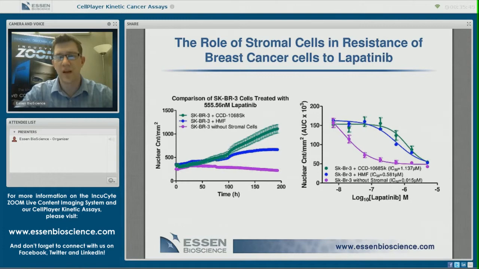In the figure at right, the y-axis represents the area under the curve of these kinetic graphs using the nuclear count metric. The x-axis represents the log of the lapatinib concentration, and as you can very easily see, SKBR3 cells without stromal cells, which is the purple line, have almost a 2 log higher sensitivity to lapatinib treatment compared to the SKBR3 cells cultured in the presence of either human mammary fibroblasts or the 1068 skin fibroblasts,